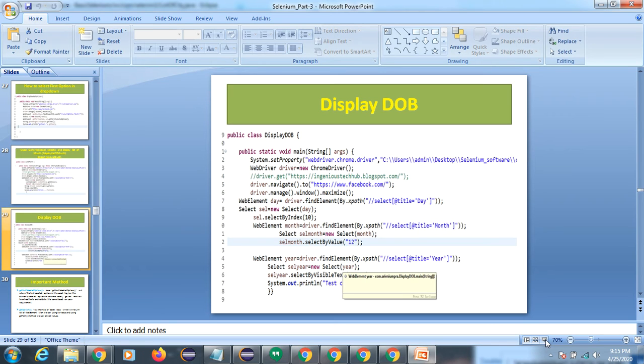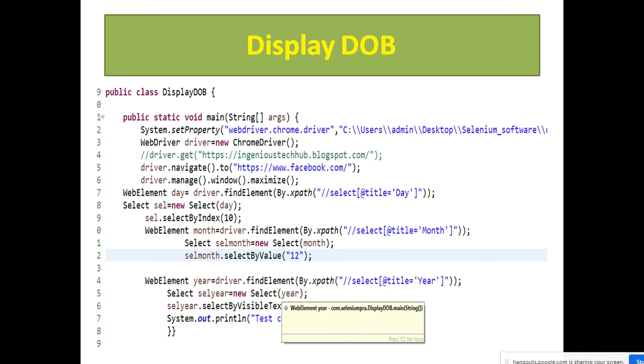Actually, we should not blindly type the code. We also need to understand it when we are writing the code. I told you how good you need to be in Java, and we are only using 30% of the Java we have learned till now. Only 30% we are using.